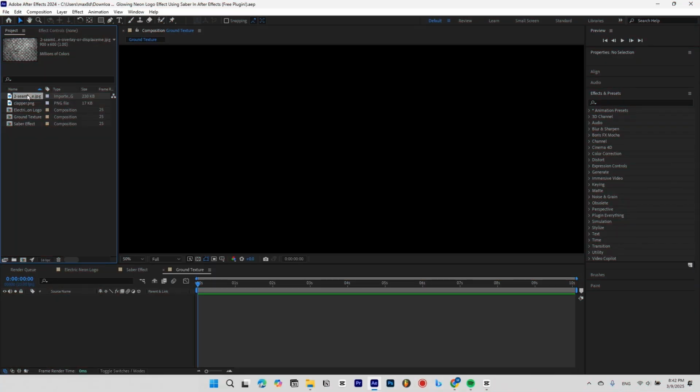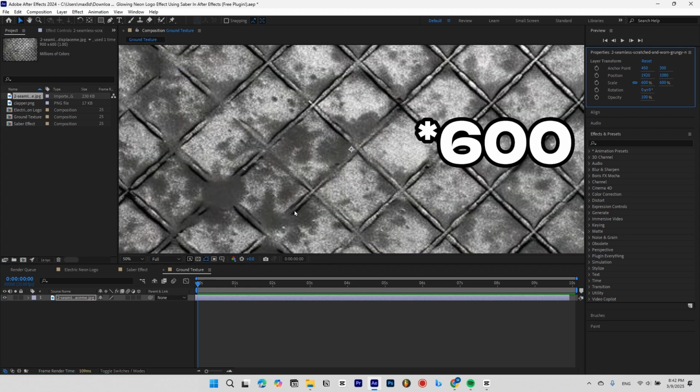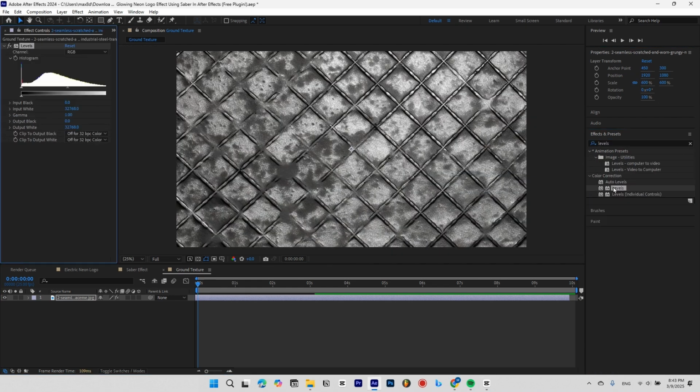Once you've got that, let's drop it into our composition timeline, head over to the scale property, make sure this link thingy is on, and set the scale to 130. Add a levels effect to your ground texture layer and set the gamma here to 0.8 to darken it a